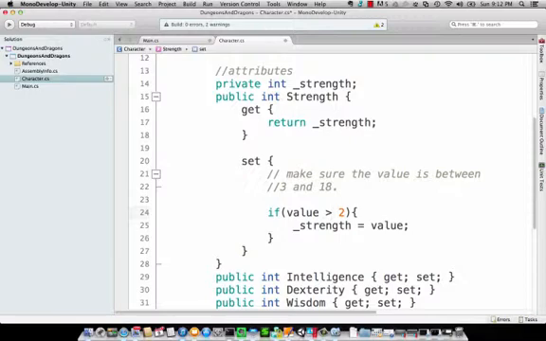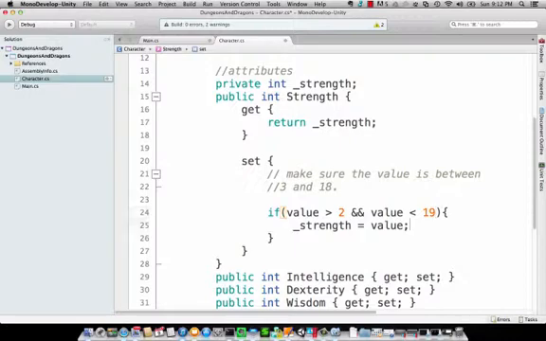You could say greater than or equal to 3. That's fine. If you want to do it that way, that's cool. But I do greater than 2 just because there's no ambiguity there. Now we have a need to do two comparisons, right? So we need to know if it's greater than or equal to 3 and less than, in this case, 19. So I'll use two ampersands to denote an and, and I'll say value less than 19. So now we have a nice little setter here that will set the value if it's between